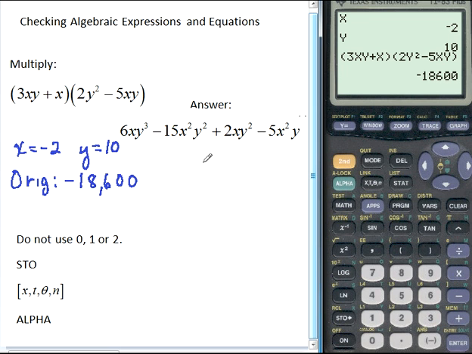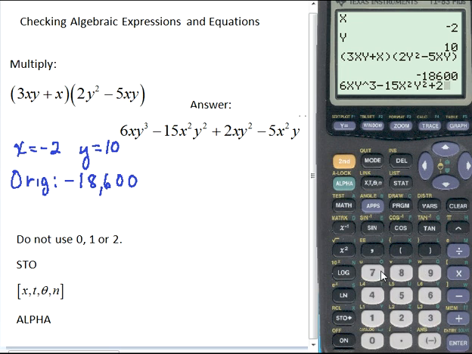And let's go ahead and put the final answer in. Now, I used FOIL to get this, and I got 4 terms, but none of them were like terms, so I could not combine anything. And so let's see what I get. 6xy, alpha 1, raised to the 3rd power, minus 15, x squared, y squared,